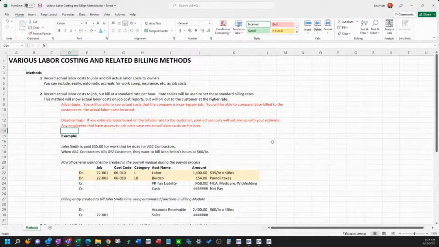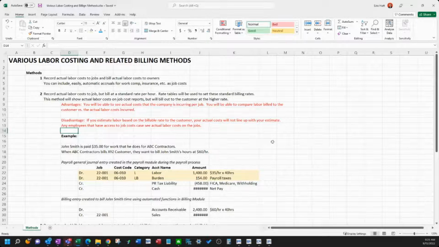So if you don't use rate tables, you don't use any other methods beyond recording payroll in the payroll module and the time processing it and keeping those check boxes on, your actual labor costs will go over to your job cost module.